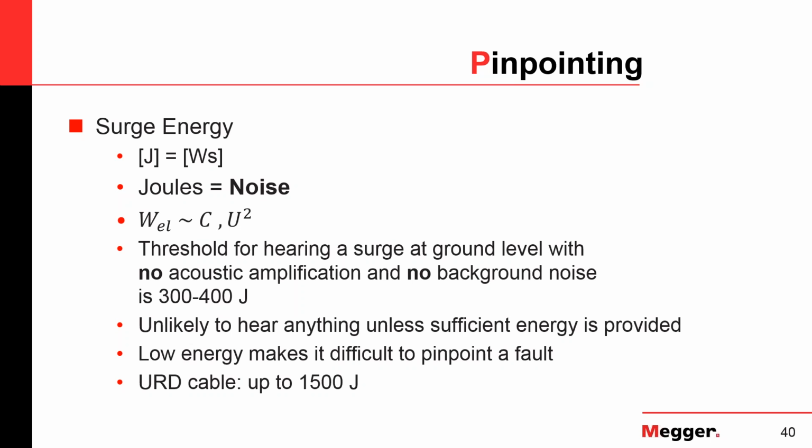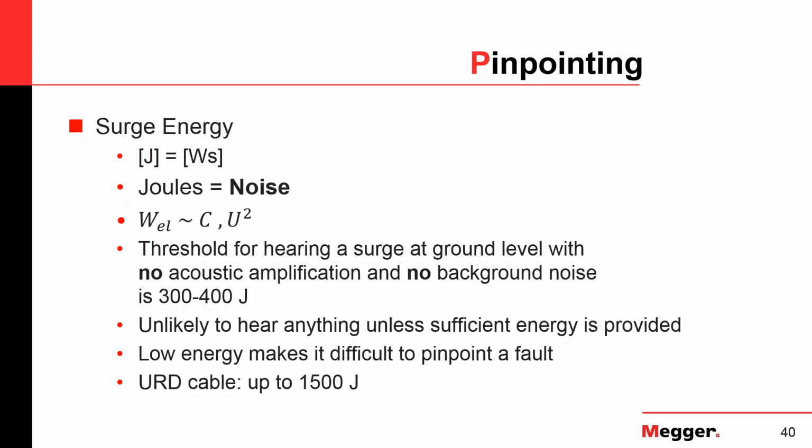So why is that? Well, energy is measured in joules, and that is watt seconds, and joules equal noise. The threshold for actually hearing a surge in the ground is typically 300 to 400 joules, and it is very unlikely that you will pick up anything if you have insufficient levels of energy. And a typical value for your D cables, you would be doing very well if your thumper has 1,000 or 1,500